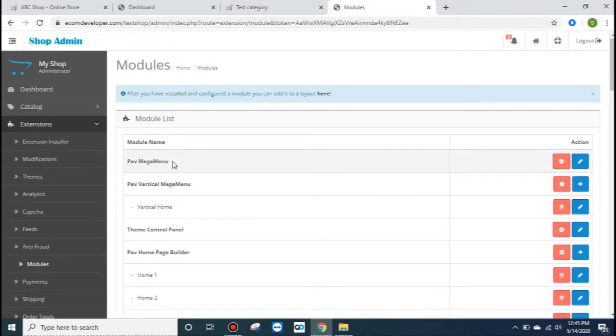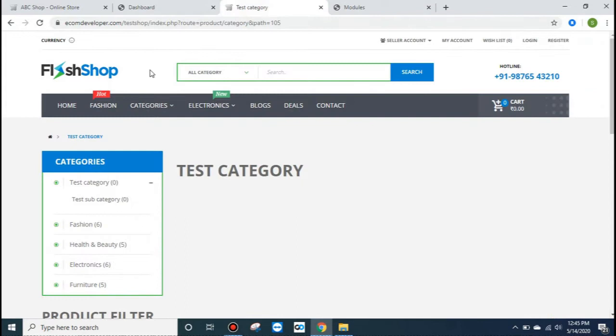This is for horizontal menu, and this is PAV vertical mega menu. This is for vertical menu. In many designs only the mega menu would be available, but in this particular design, the vertical mega menu is available as an extra. But always remember, in your mobile view only the horizontal menu would be available, not vertical menu.